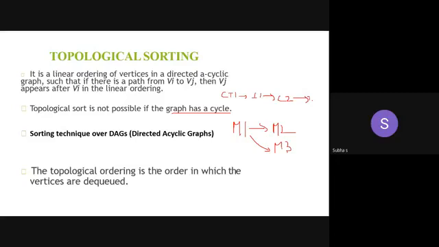After that only, the teams can choose whether to field or to bat. So only after tossing the coin can I go with the next event. After that, choosing bowling, then we move with other actions. After playing the first 5 overs only, we can go with the remaining overs. So this ordering is called topological sorting. Got it? Hope you are clear.